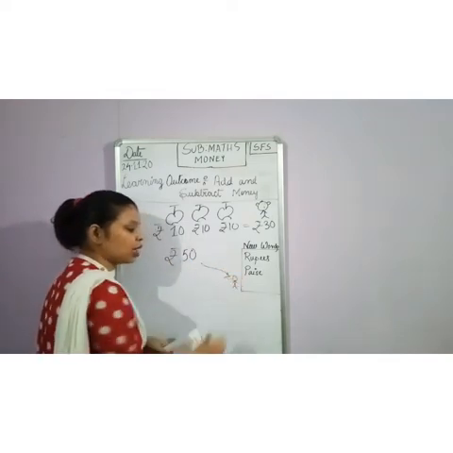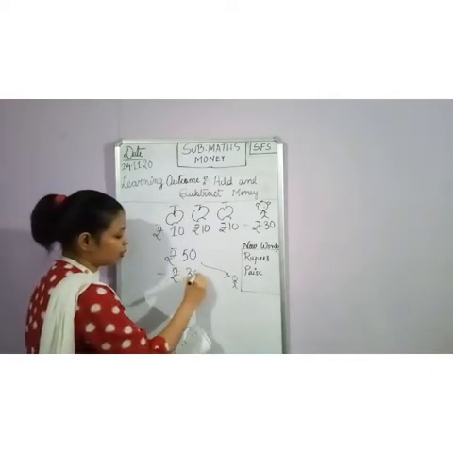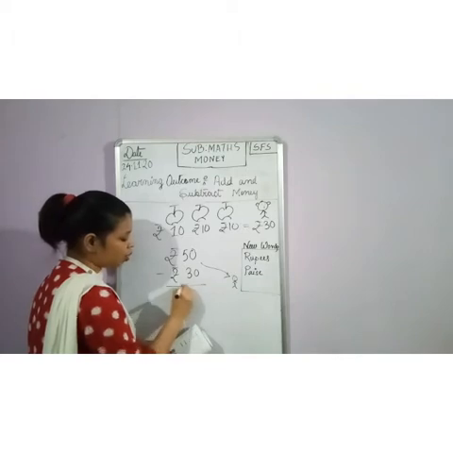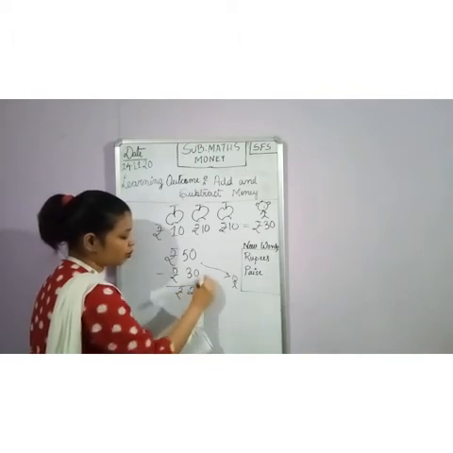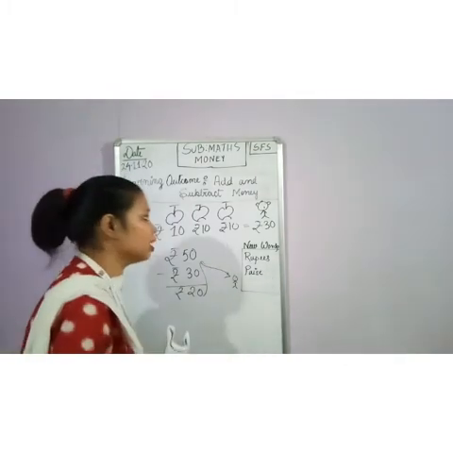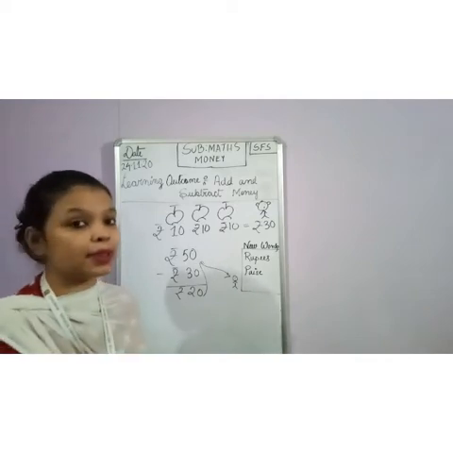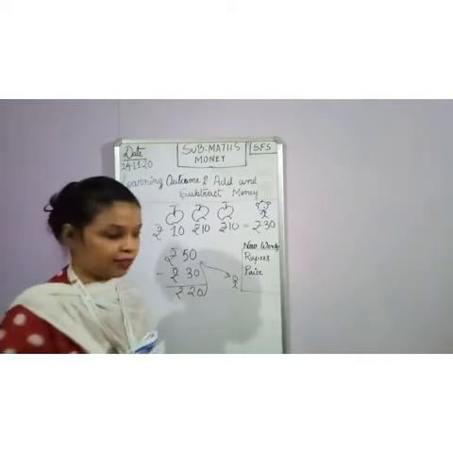Okay. This is you. He will pay you back. So what he will do? He will deduct 30 from here and what you will get? You will get rupees 20 back. So children, in this way, addition and subtraction happens in our day-to-day life.